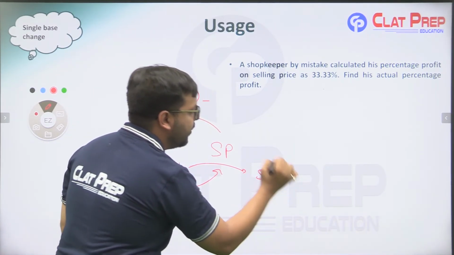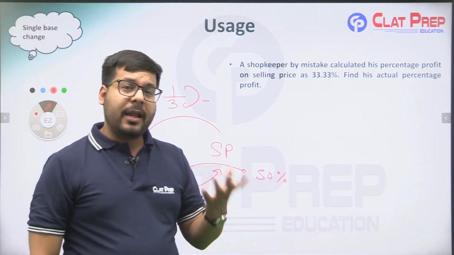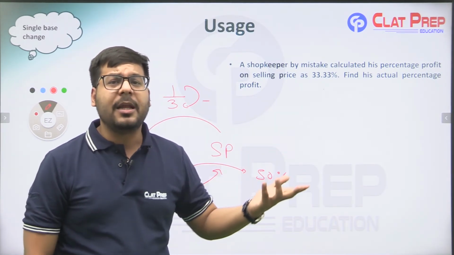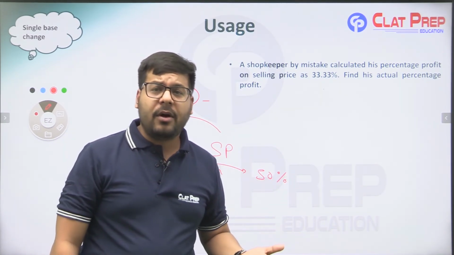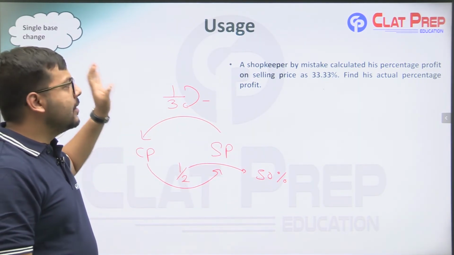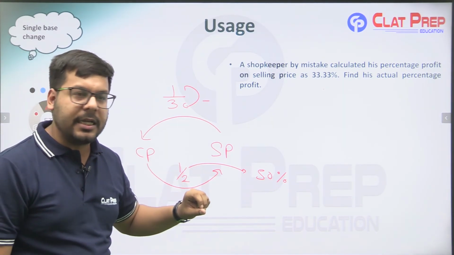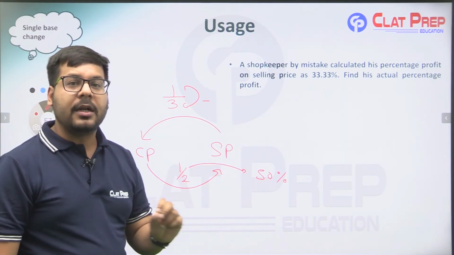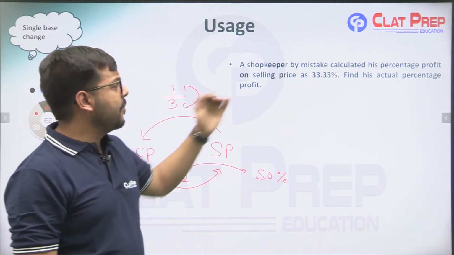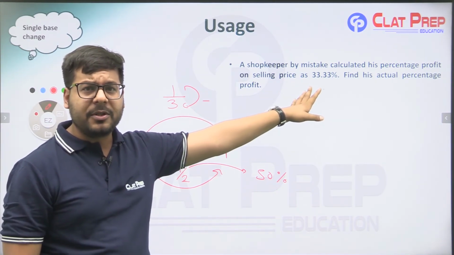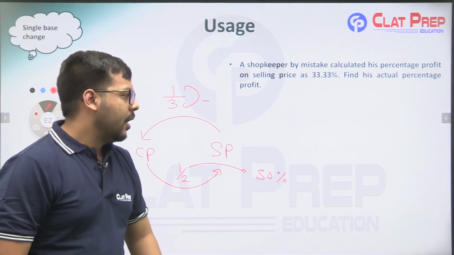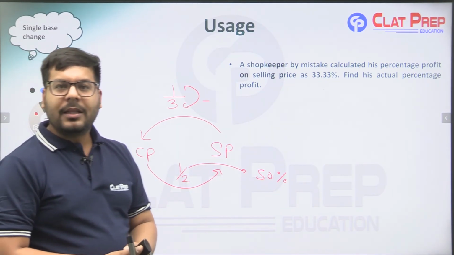nothing but 50%. Okay, now think about it, from a situation where you initially started to think that no cost price is given, no selling price is given, I'll have to assume numbers, or I have to use the formula. If you simply realize what is actually happening here, this is nothing but an example of single base change where the question can be simply calculated within few seconds: from the selling price to the cost price we are reducing it by 33.33%, so in order to get the actual profit, we will subtract the numerator from the denominator and our answer will be 50%, right?